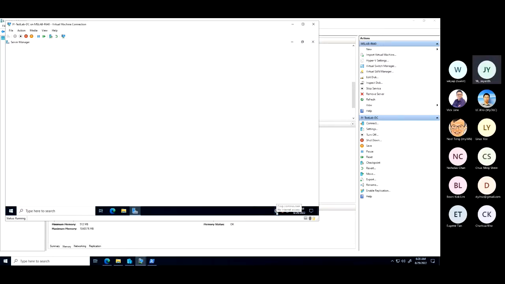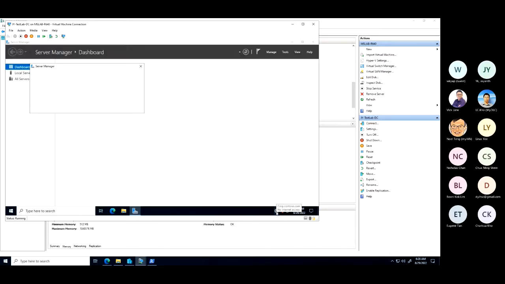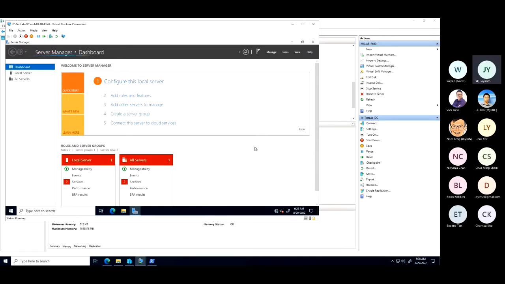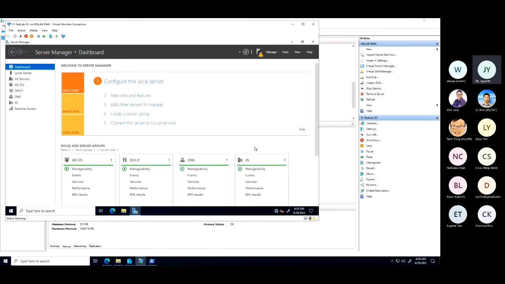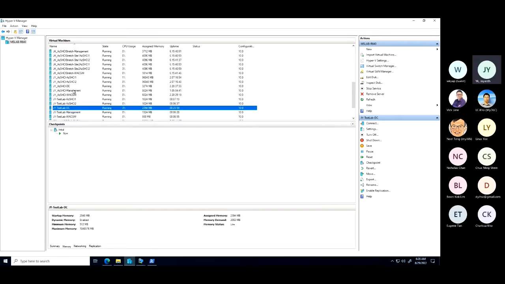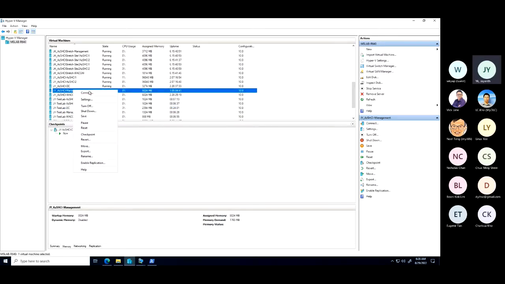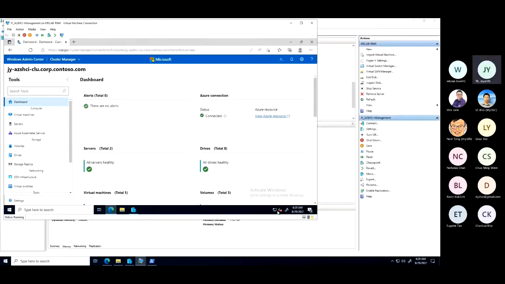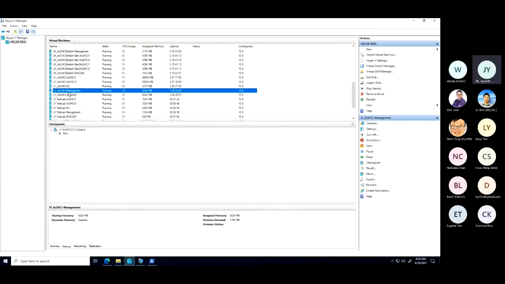So I know we are running into this problem. The switch that we are using sometimes doesn't get the... So there is some problem in our lab with the DNS resolution. Sometimes you get it, sometimes you don't. So I'll tell you the challenge, for instance. If I open this one, JY management, I think it's already open. Yeah, you see this? So it's connected there, but if I look into this network,